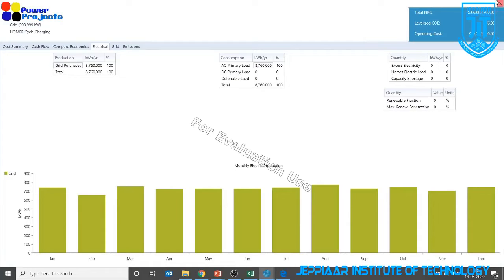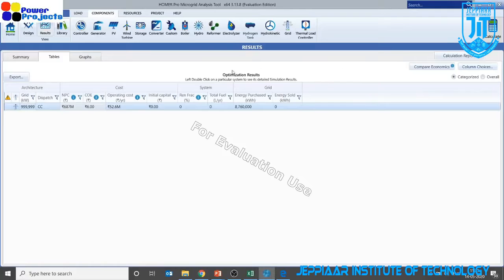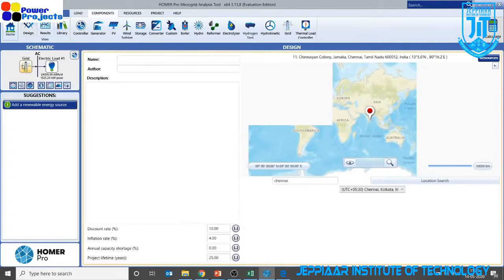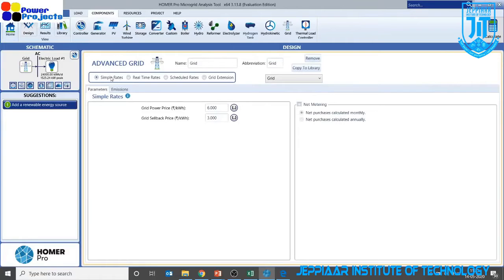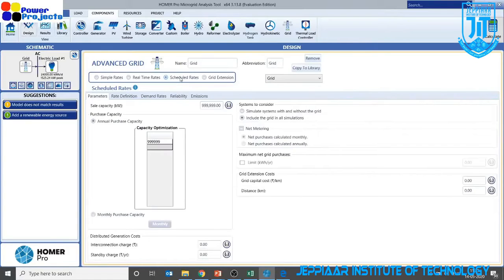Now let me slowly move on to the next by adding one small complication in the network. I'm not giving the grid as a simple rate. That's how the electricity boards or discoms supply to households, but not how they supply energy to industries. For industries, they will have two different rates: one for energy consumption and the other for demand charges. So let's try to model the same story.